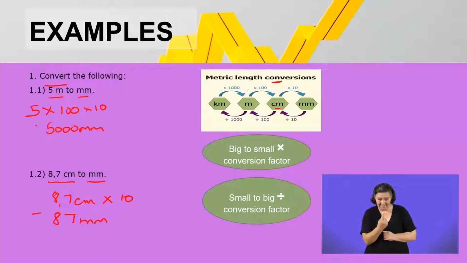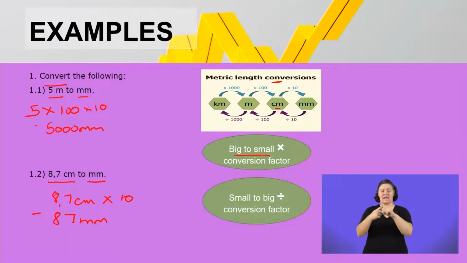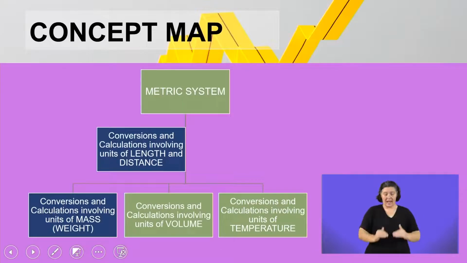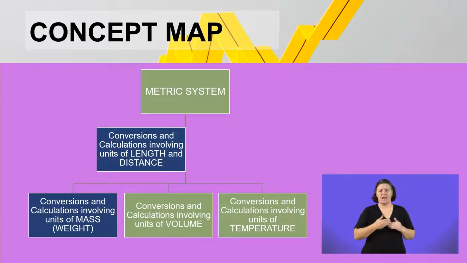So I hope I'm making sense. I've asked myself the simple questions, big to small, small to big. At this moment in time, from big to small, I will multiply, and then from small to big, I will divide. Let's quickly look at what next we can see. So far, we are now done with the length and distance. Remember, we're just giving examples so that when we move on with this lesson, you will be able to apply